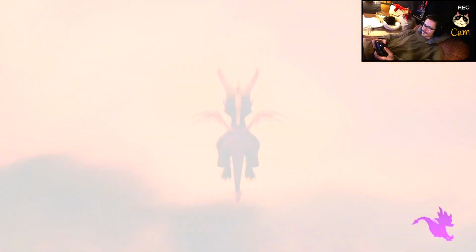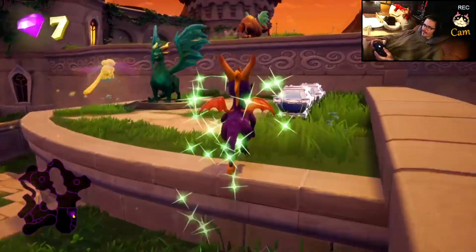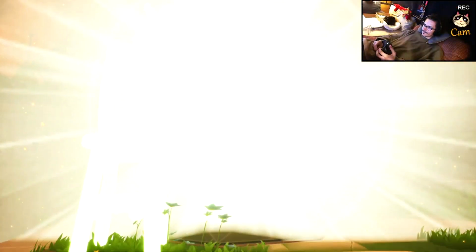The last level to do of the Artisan homeworld is Town Square. It doesn't take long to rescue Nils,